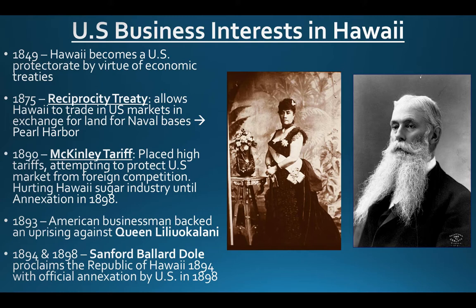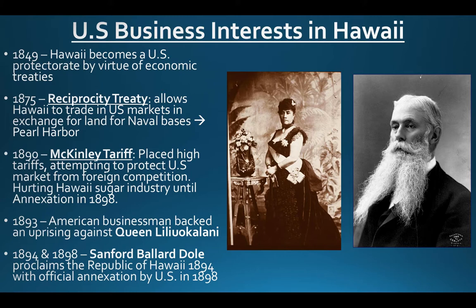So now you all of a sudden have an influx of Hawaiian sugar going into the American markets, which is going to hurt the people in America who are producing sugar, right? It's going to decrease the prices. So by 1890, you have William McKinley advocating for a tariff. And this tariff is going to place a high protective tariff on these goods coming from elsewhere, right? And this is going to attempt to protect the United States market from this Hawaiian and other foreign competition. And this is going to really hurt the Hawaiian sugar industry all the way until the annexation